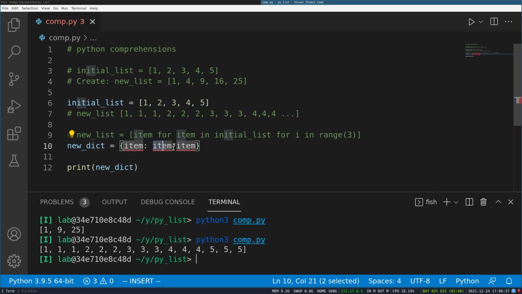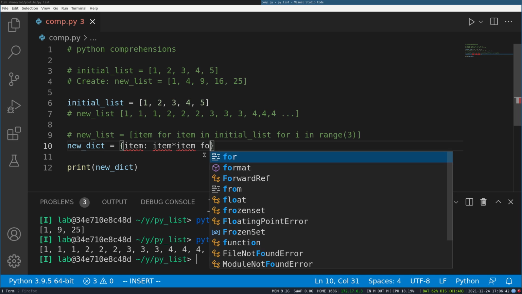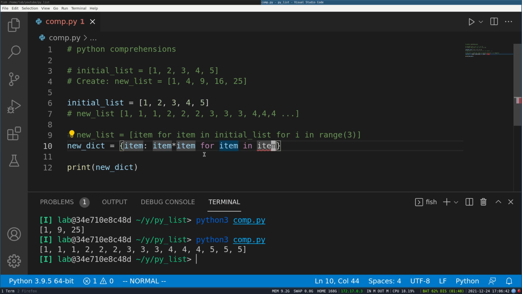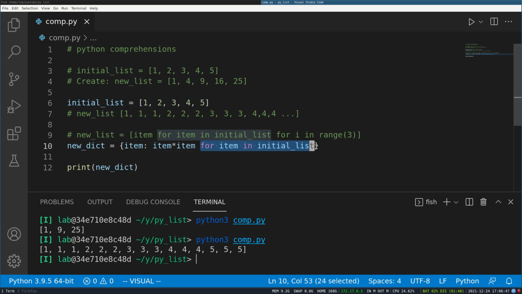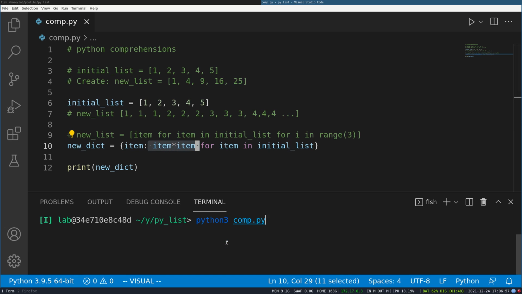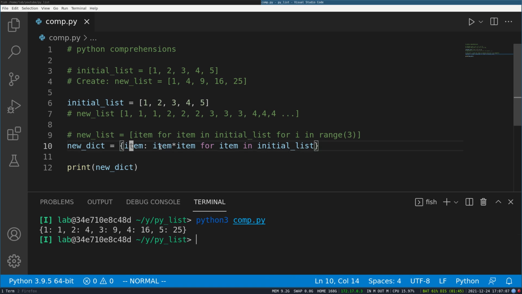So this is the key, and this is the value in our regular dictionary. And now I will specify my actual for loop. If you try to guess, it will go over each item, and for every item it will have item as the key and the square of item as the value. So 1 and the square of 1, 2 and then the square of 2, 3 and then the square of 3, like that. So this is pretty similar to our list comprehension. It is not much complex.